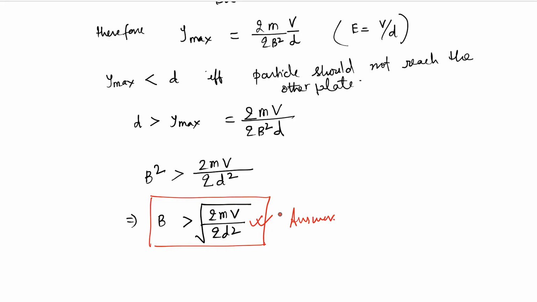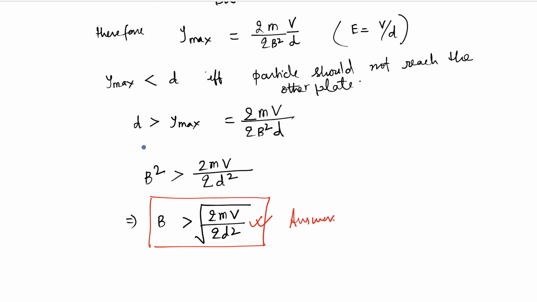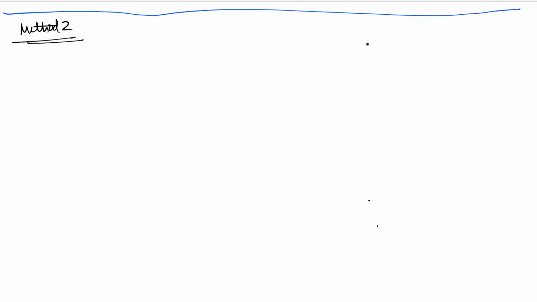Okay, so this is one way of solving this problem. Now let's try to solve this problem using a different way. Okay, go over method number 2. This one is a lot simpler than the first one. The idea of giving you the first method was to show you some of the things that can come into the picture for solving a problem.